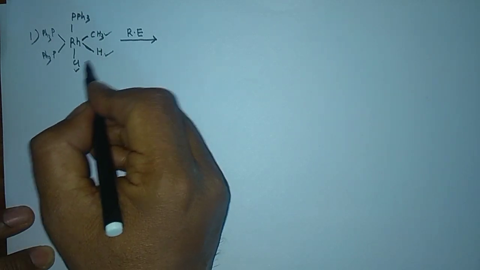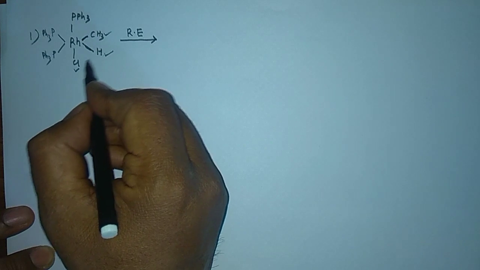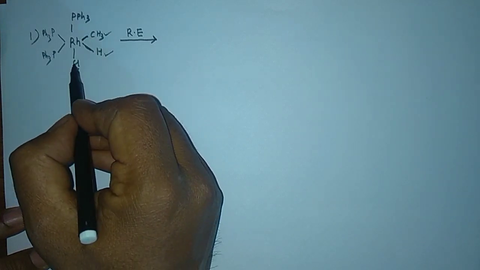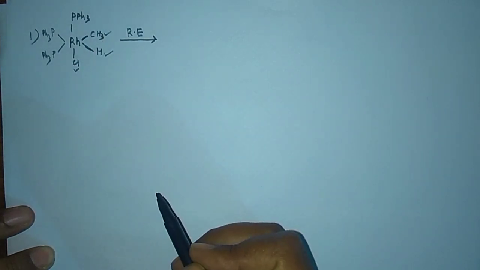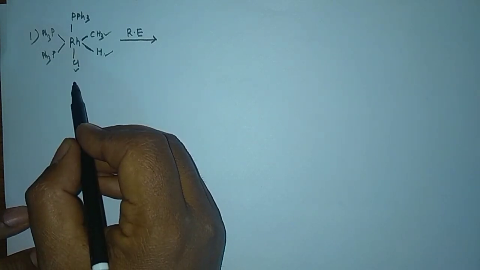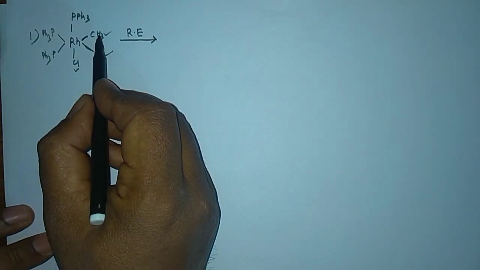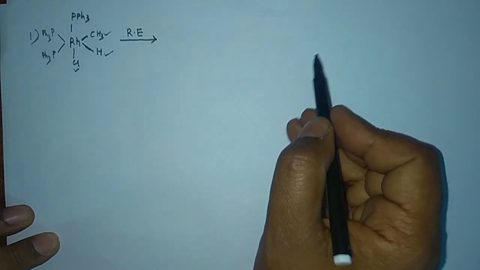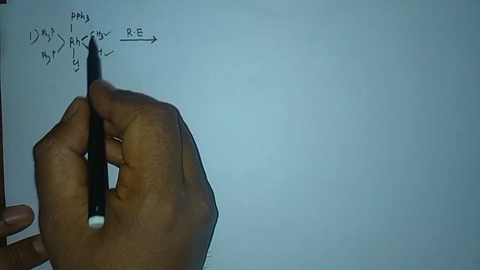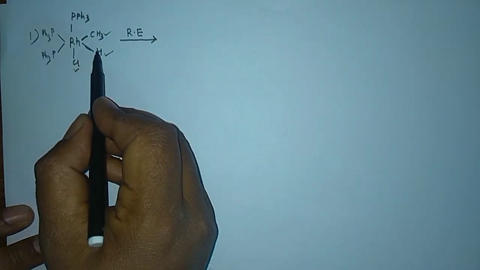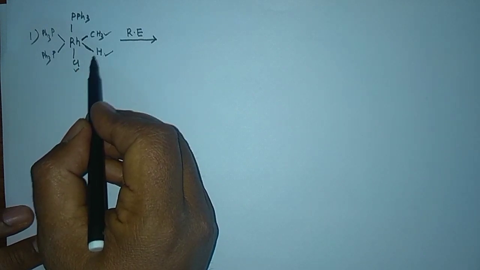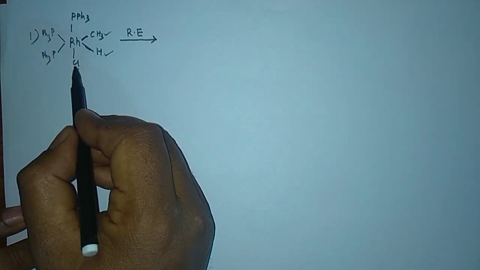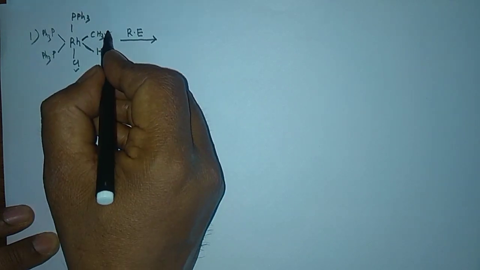See, these two are having cis relationship, 90 degree. Similarly, this hydrogen and this chlorine is also having the cis relationship, and this CH3 and this Cl, they are also having the cis relationship. So one pair, second pair, and third pair. Now which group will you eliminate from here? For example, if you eliminate CH3 and Cl, CH3Cl is a polar molecule, it's a reactive one, so we cannot eliminate this one. Similarly, HCl again is a polar molecule, so it is also reactive, so we cannot eliminate these two also. So what option am I left with? I am left with only this particular option.